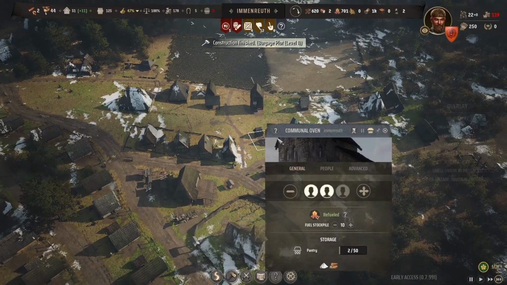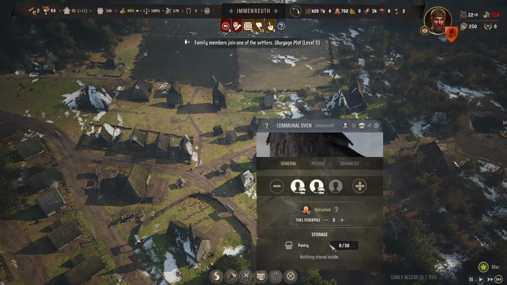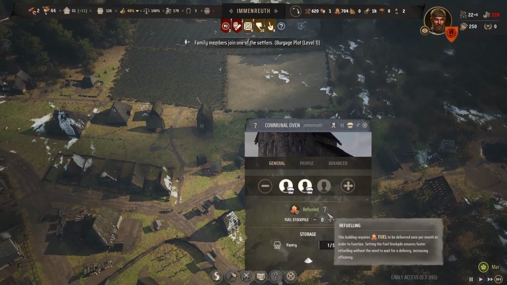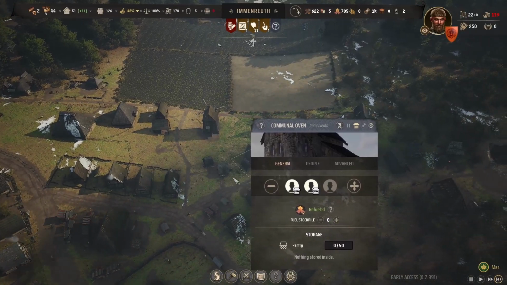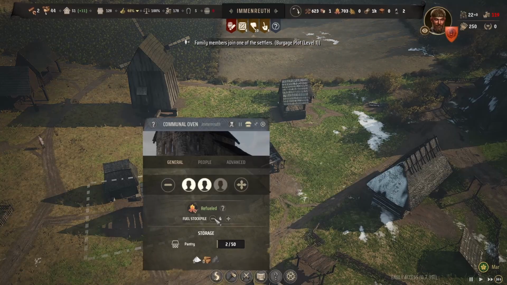I'm starting to lose a lot of hope for this village at this point. They refuse. They absolutely, completely refuse. Maybe it's... Oh! Wait, hold on. This one's working. Is it the fuel stockpile? Is that what's going... Oh, that actually...